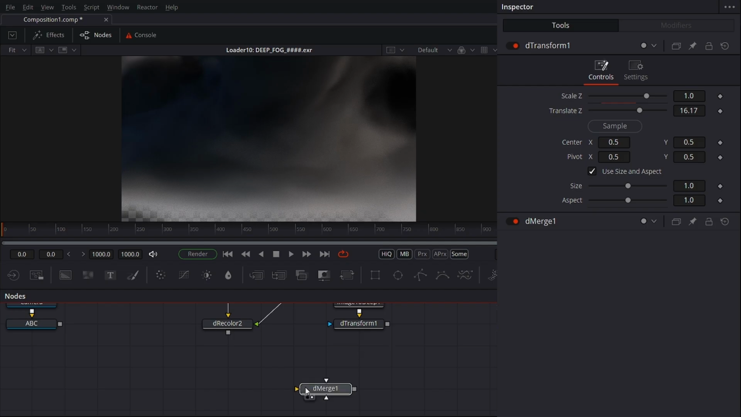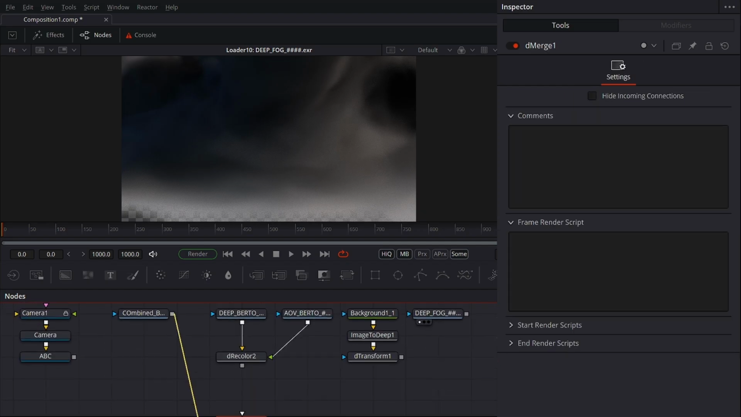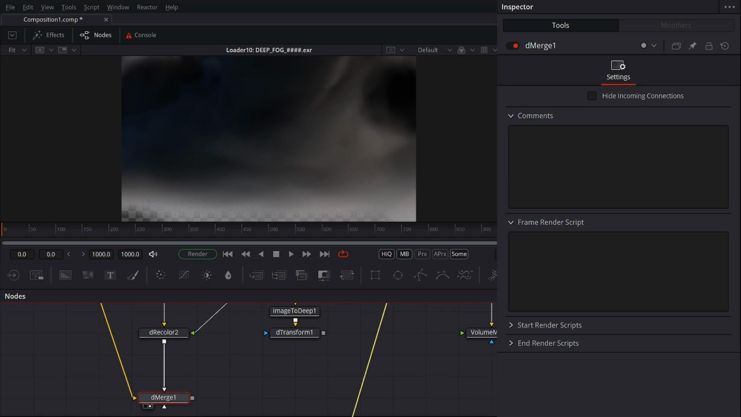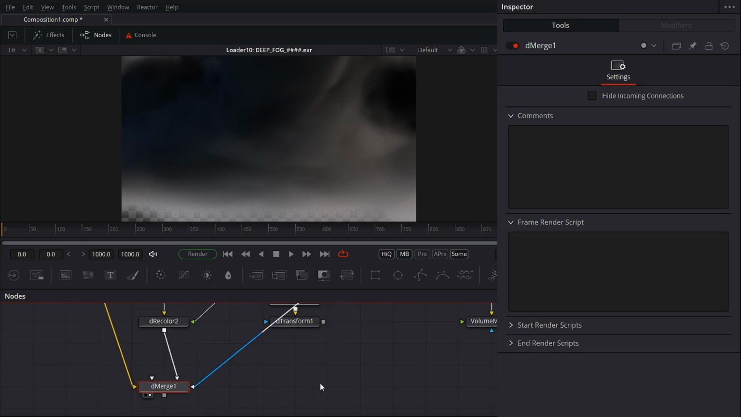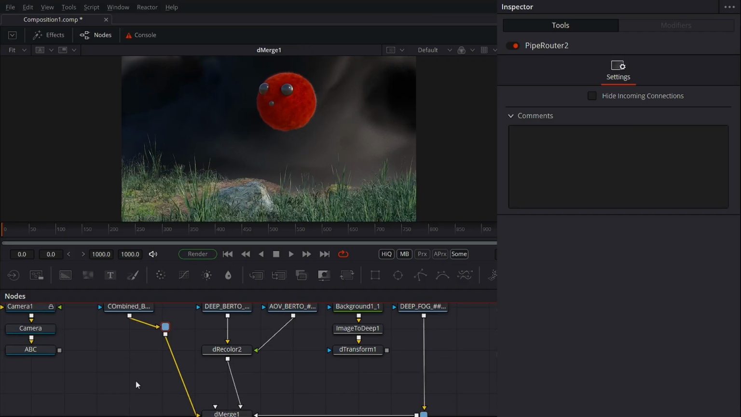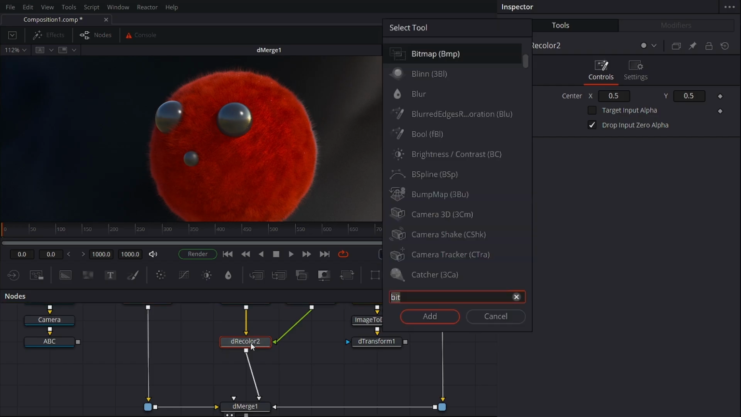So let's take this merge node. I'm going to connect this, and the fog like so. Load that into the viewport, and this is what our scene looks like. Now let's add a transform node after the dRecolor node. We're going to move our creature,